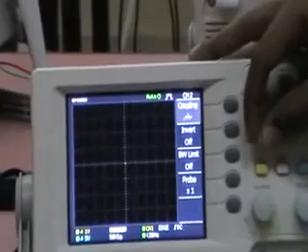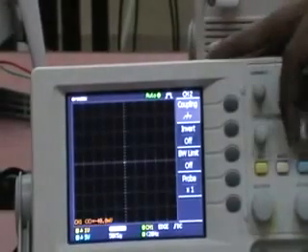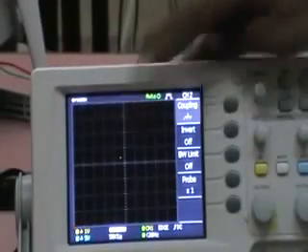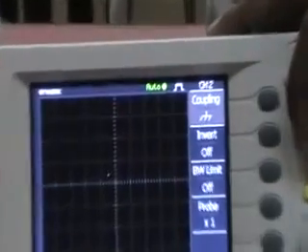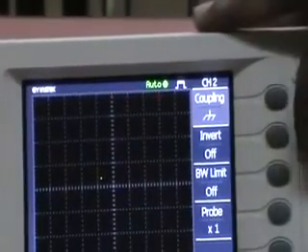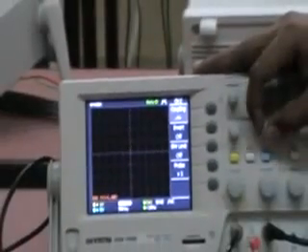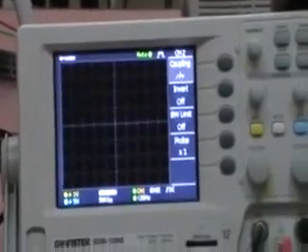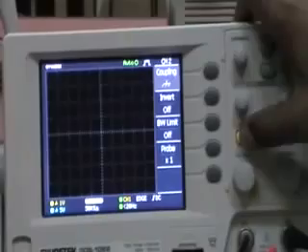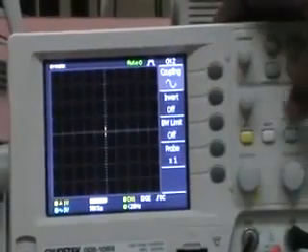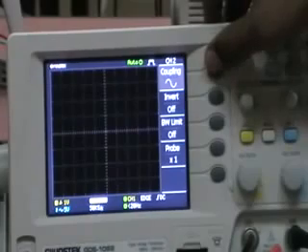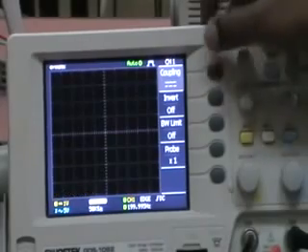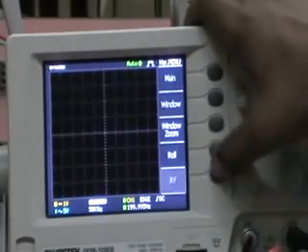So we can see the dot in the DSO. As you can observe, there is a dot here. So this dot should be exactly at the center. So now the dot is exactly at center. Now make these channels back into AC mode, and channel 2 also. And now display in XY mode.